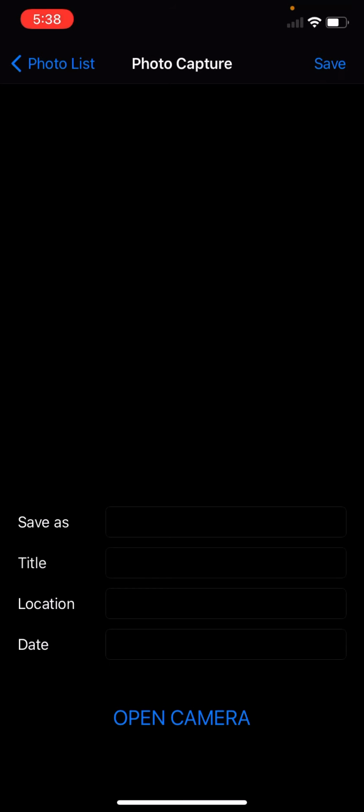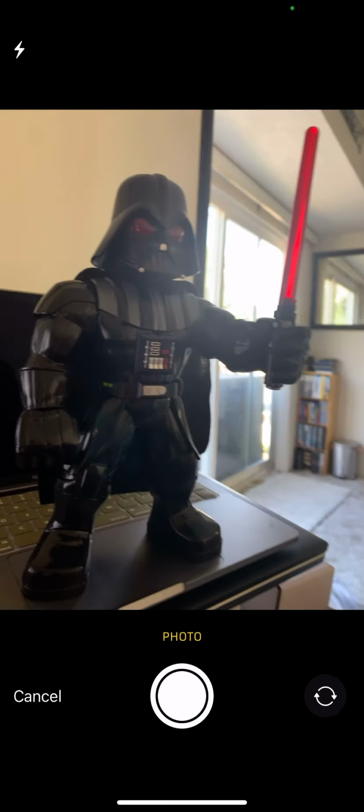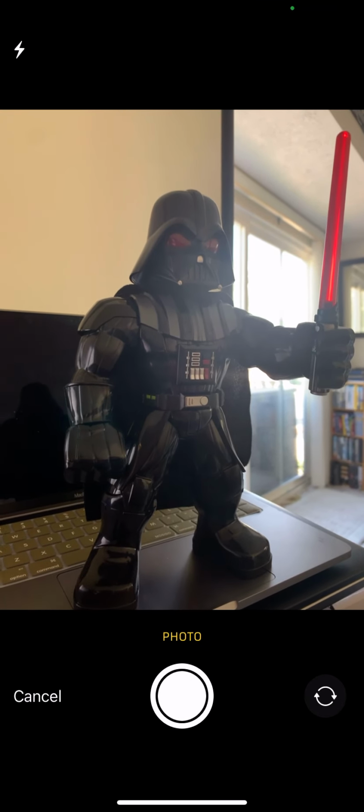Now you'll see here a few fields: save as, title, location, date. Those are the things that you can add and save to the database. And now for the big feature is to open the camera. So this button right here, open camera, will do just that. And if I were to click on it, that will open the camera,